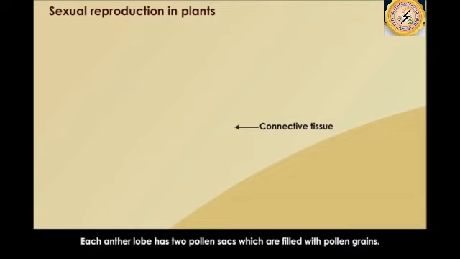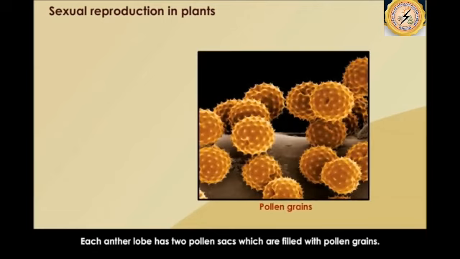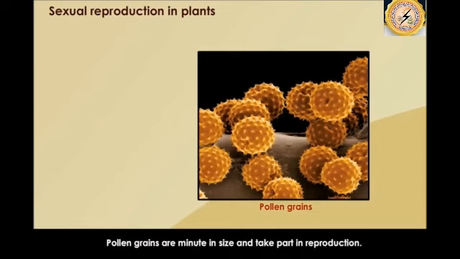Now each anther lobe has two pollen sacs. Sac means the bag-like structures which are filled with the pollen grains. These are the typical structures of the pollen grains. Now the pollen grains are minute in size and they take part for the purpose of reproduction. Furthermore,